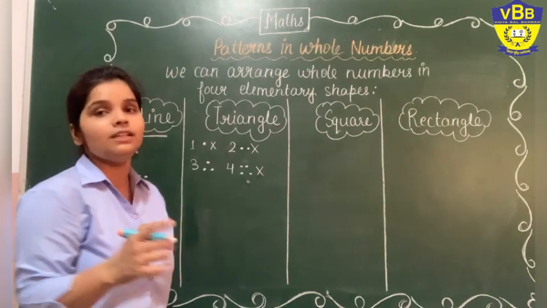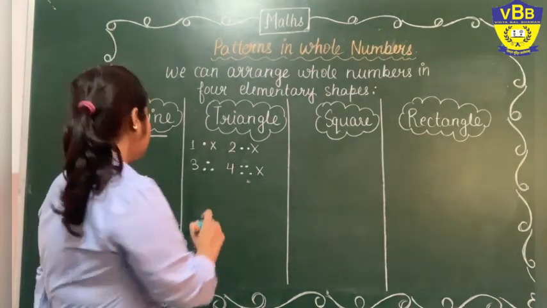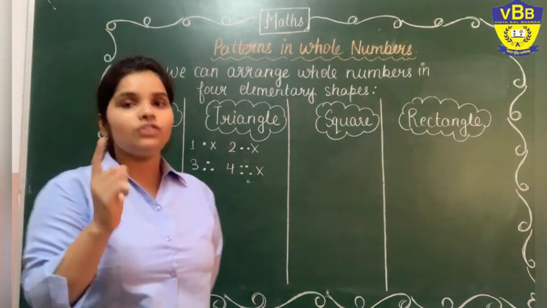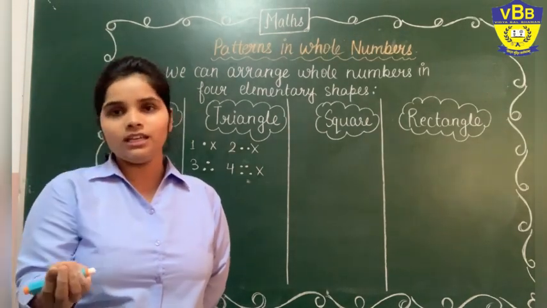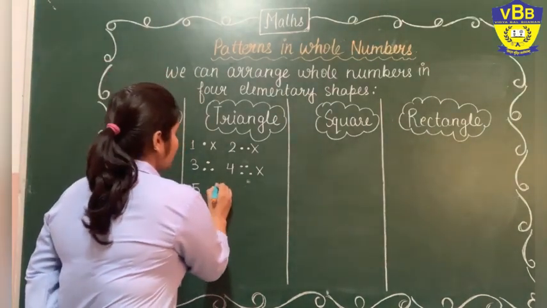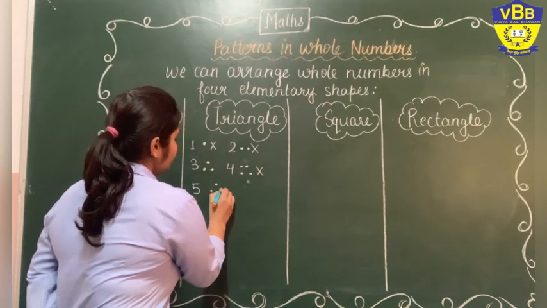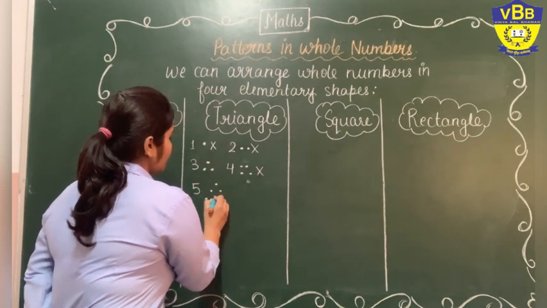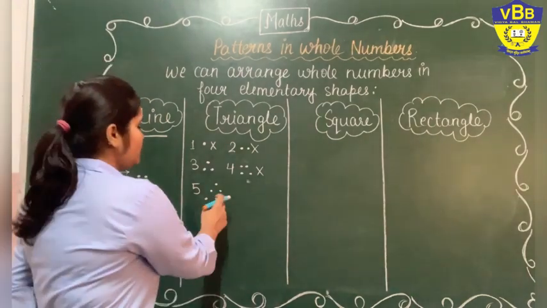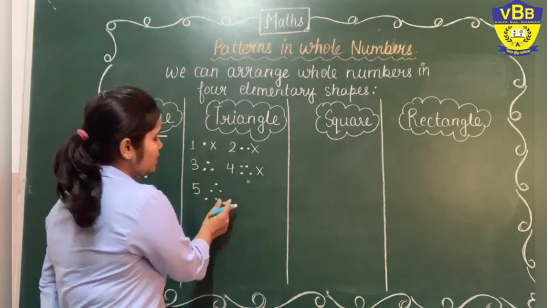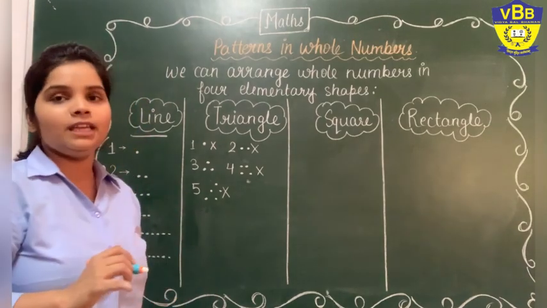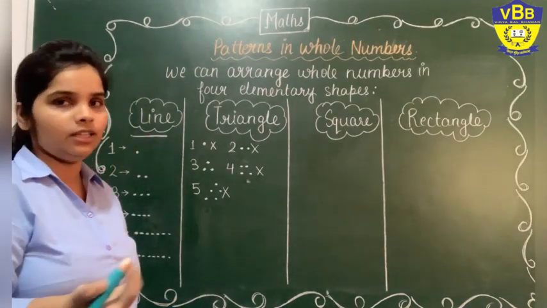Next, what will be the next number which can form a triangle? Suppose we are having 5 here. 5 is a whole number, 3 is represented as a triangle, 4 is not. Now, can you arrange 5 dots in a triangle? Look at this. A triangle can only be formed like this. This is not forming a triangle. 1 dot is less here. We require 1 more dot to complete this triangle. So 5 is also not a triangular number.